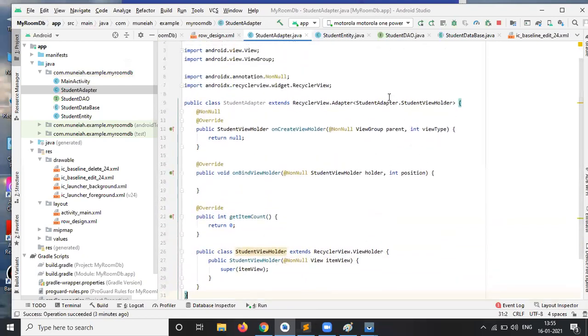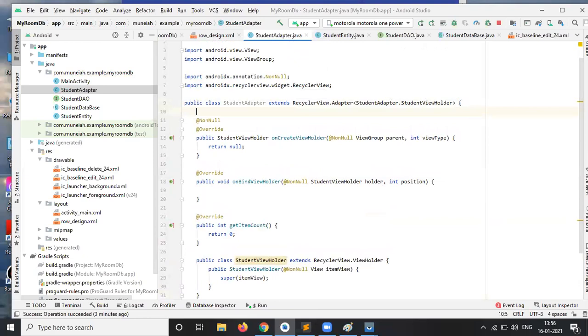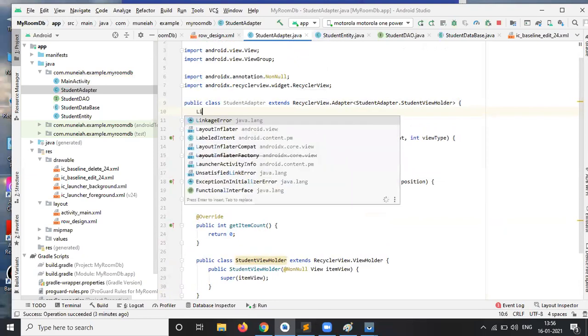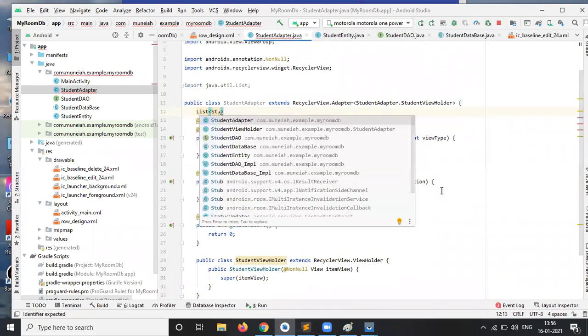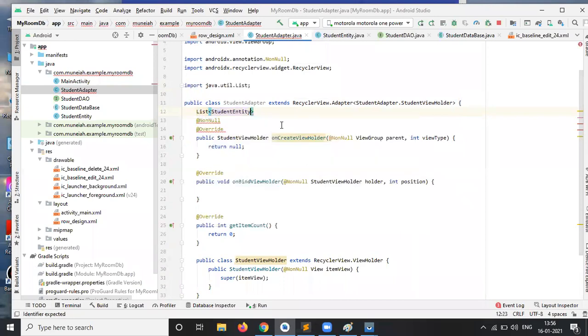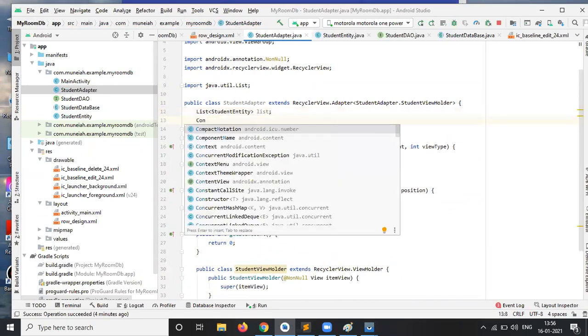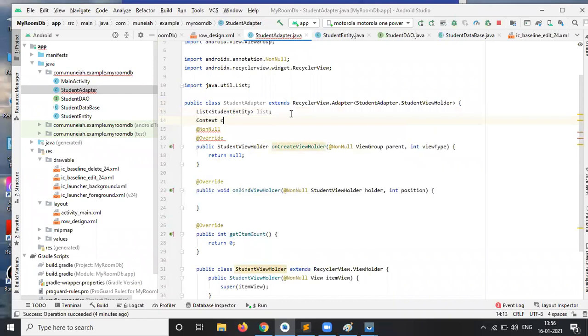Okay. Now at the top, we need to initialize our list class. The list should have the student entity, and the student entity class should be a POJO class. I'm creating just a list of that object, and one more thing, context. The context should be ctx.